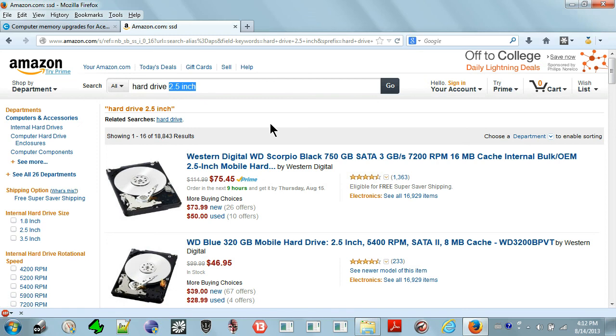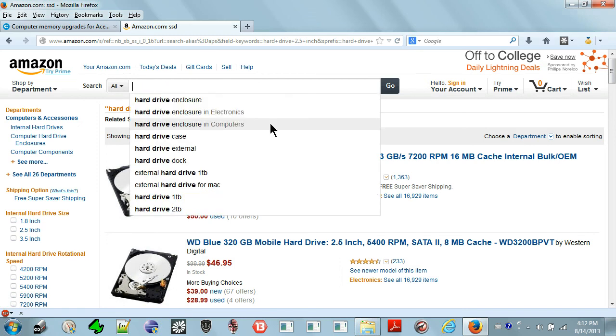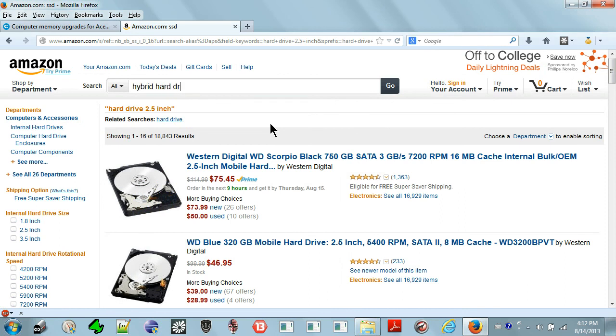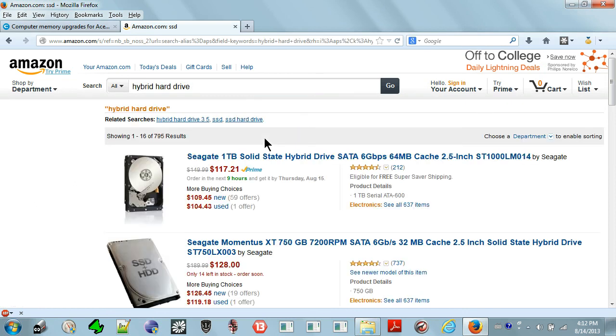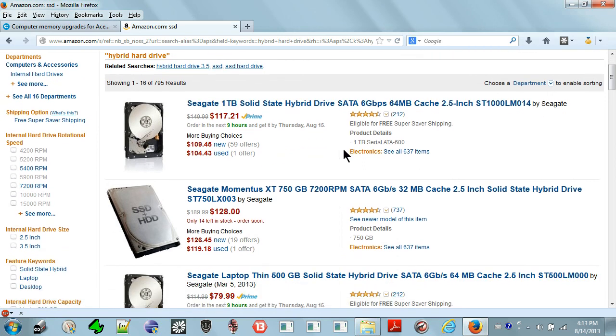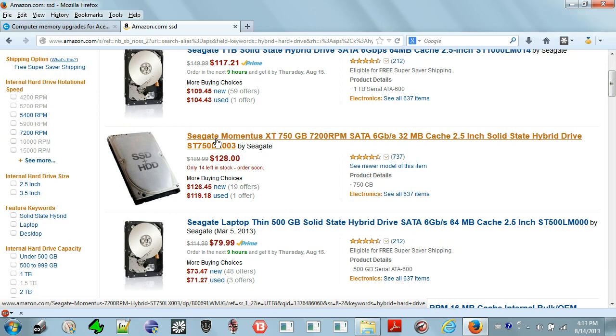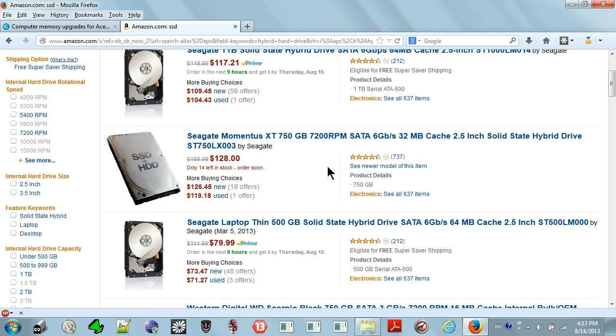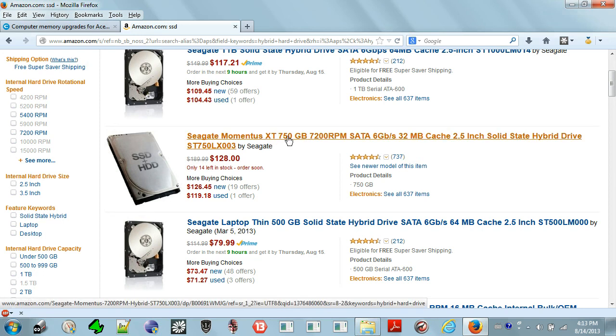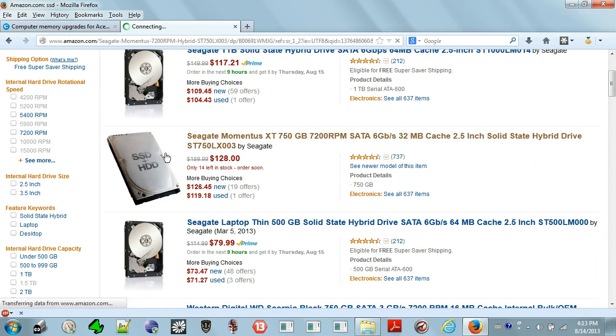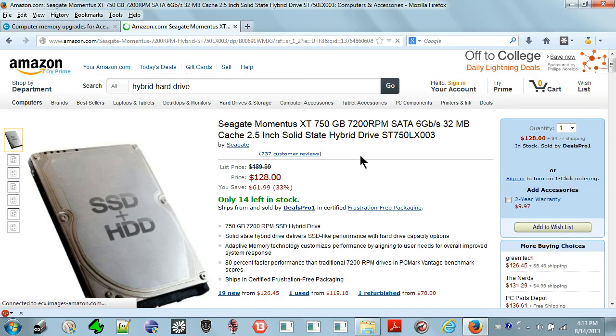Now there is a thing called a hybrid hard drive. So let me see. The Momentus. This is the one I have. Yes, this is the one. As you can see on the picture, they say SSD plus HDD. So it tries to combine the best of both worlds. It has a bit of SSD memory and a lot of traditional hard disk space. This one is 750. I forget how much of it is SSD. But what it does basically,